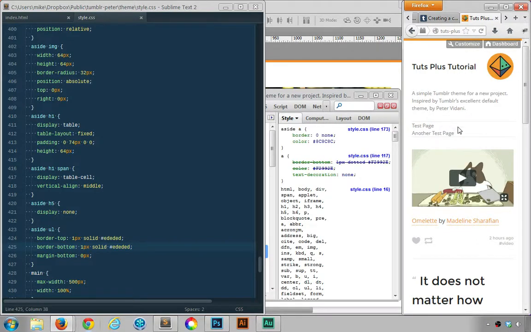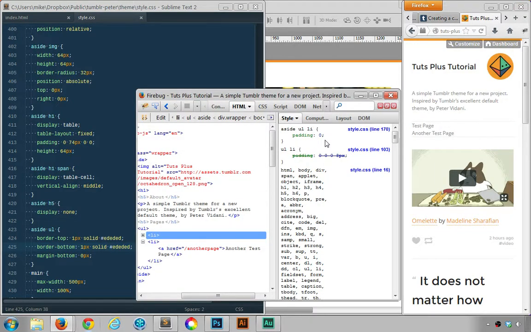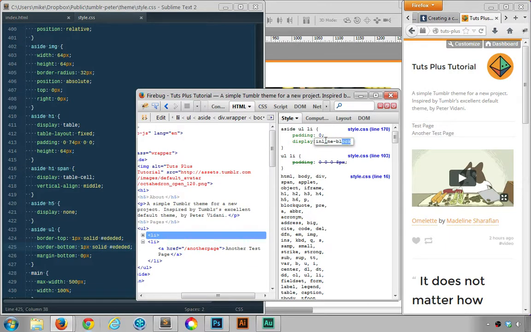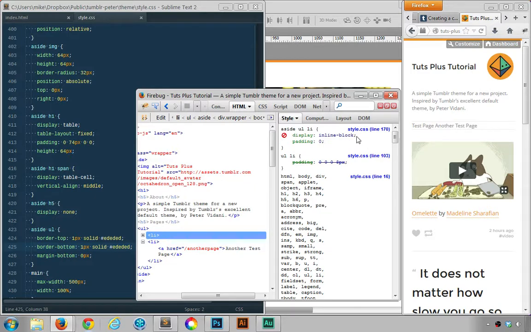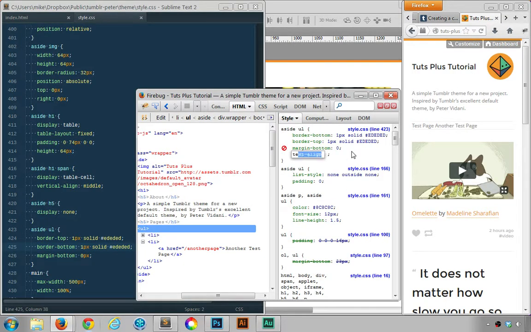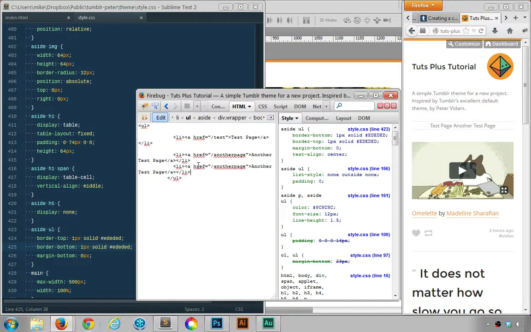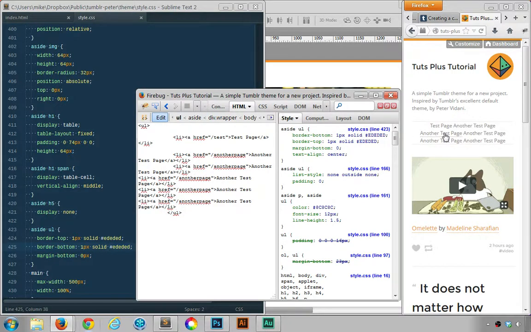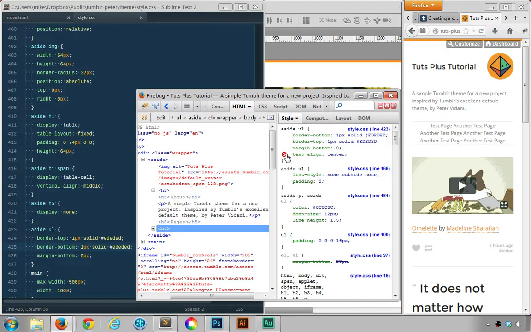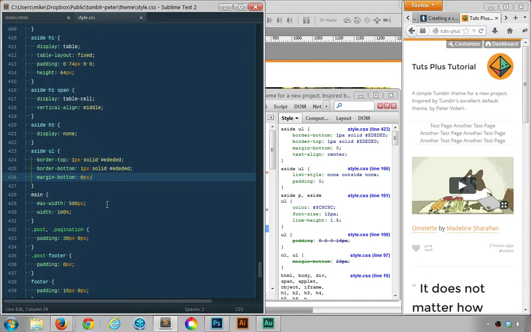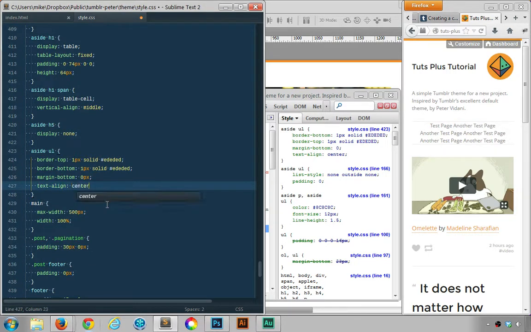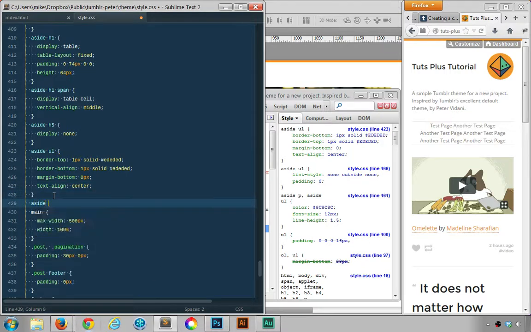And then the final little thing I want to do is see if we can do display inline, see how they turn out. Like so, that's pretty nice. And again, you could do one or two things here. You could just do text align and then put them in the center. Remember, use Firebug, edit the HTML you've already got and add a few elements, because it's not going to be 100% sure how many of these little page links people are going to add. So I'm quite happy putting them in the center. So I'll do text align center, and then again aside UL li